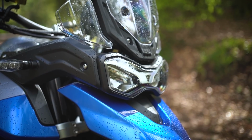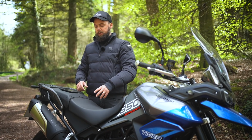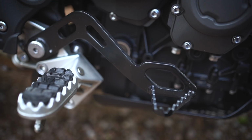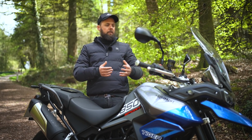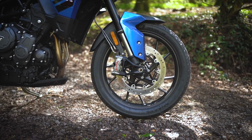headlight mounts here, those are metal on the Tiger 900s. I think the paintwork and graphics look a bit better on the 900. The seat covering is a little more simplistic and doesn't have that nice stitching and stuff, and some of the hardware like the brake pedal and the gear shifter, those aren't quite as nicely made. We also talked about the electronics and tech, but if you're not really after the most fancy looking bike, if you're not bothered about electronics and you just want a simple riding experience, then this represents a great saving over